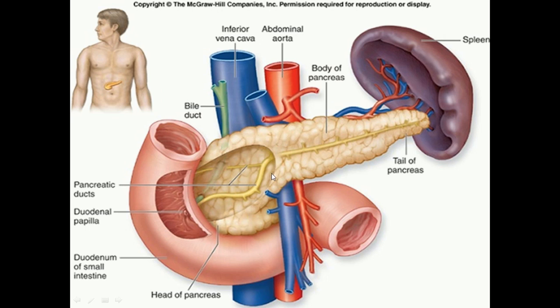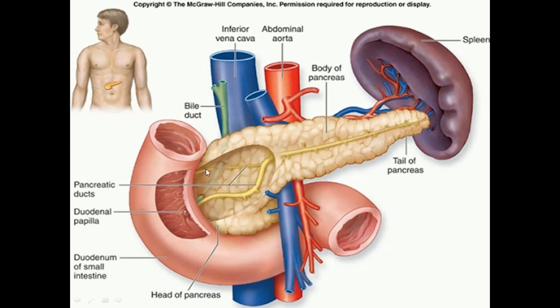This is the exact structure which is seen on a cross section, where when I cut open the pancreas, I will be able to see a yellow colored duct like this. This duct is called the main duct of the pancreas that drains the entire secretions of the pancreas and brings it to the second part of the duodenum. The main duct is called the main pancreatic duct, and otherwise called Wirsung's duct.